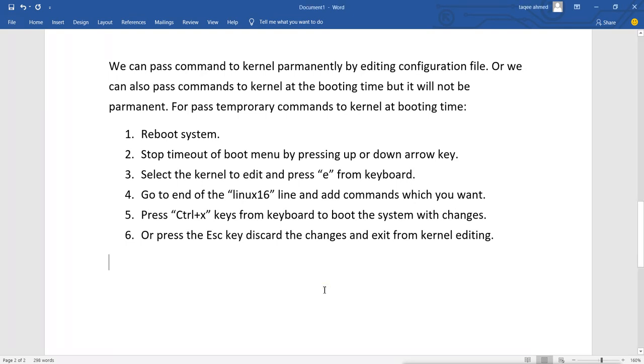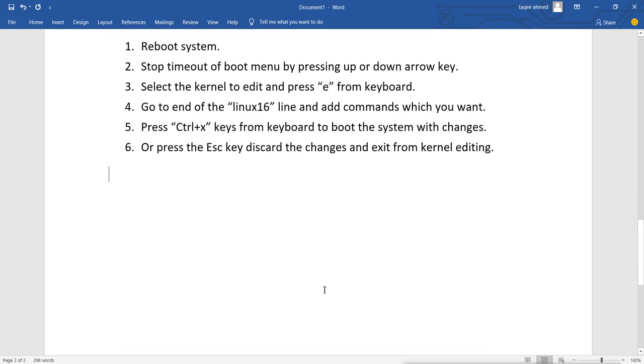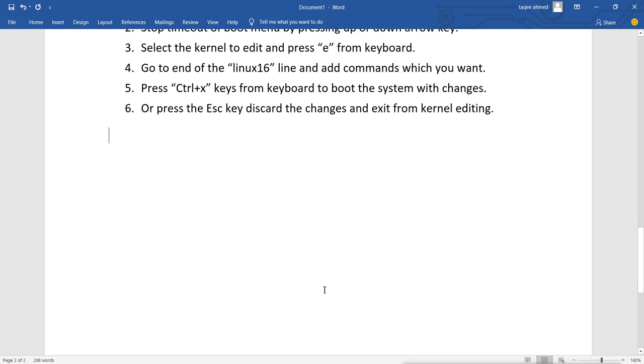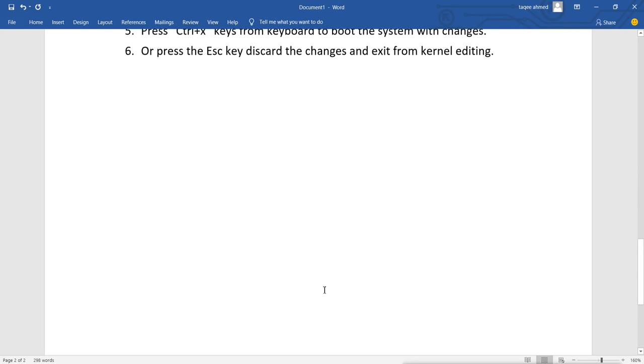After Grub configurations, the next important thing for booting is what? Systemd. Systemd is to initialize your system. So, managing systemd.